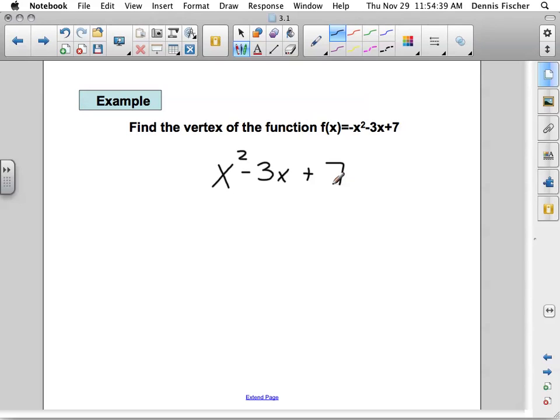So what's the answer? Number 1: A was 1, B is -3, and C is 7. Correct? Number 2, this graph is going to open upwards. How do I know? A is positive, right? Number 3, this will have a minimum. Opens upward, it has a minimum. Correct? Number 4,